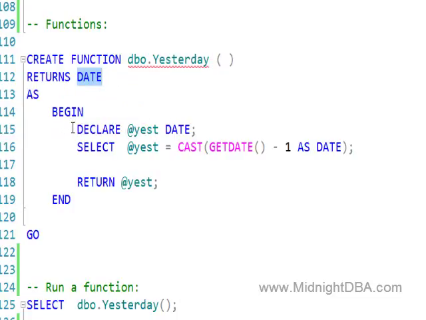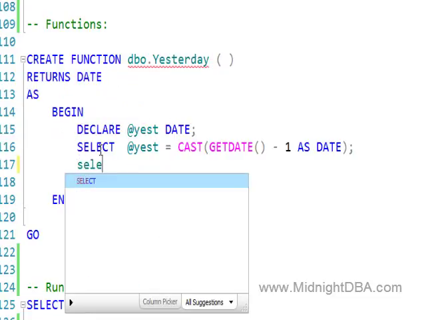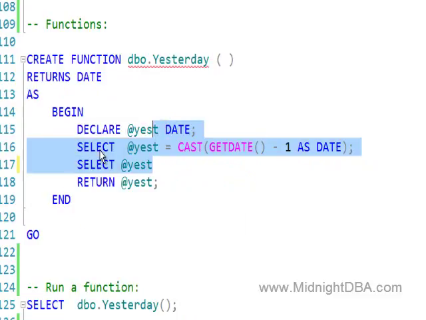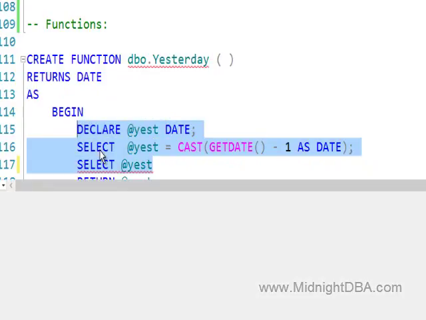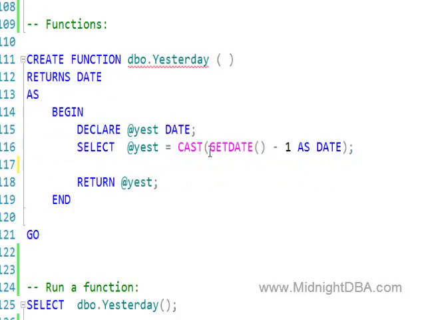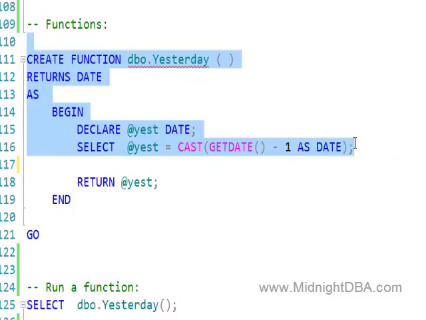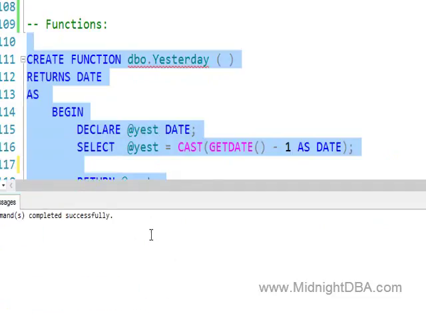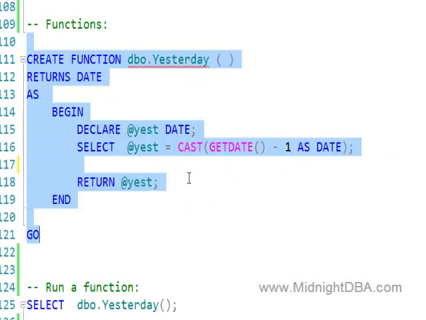And all we're doing here is just getting yesterday's date based on today's date, get date minus 1. But when I put it into a function, I declare that date variable, get the value, and then return that variable. So all it's doing is calculating, and this function can select from tables in order to do its calculations,